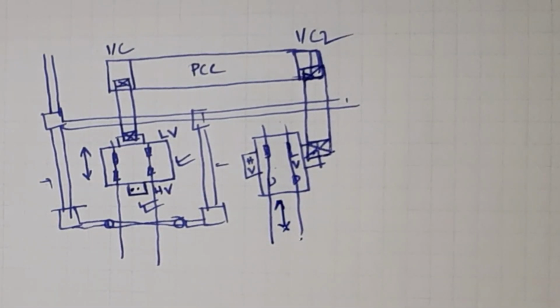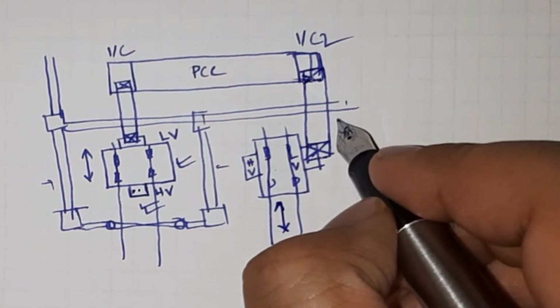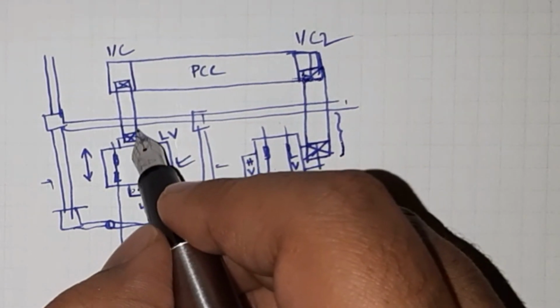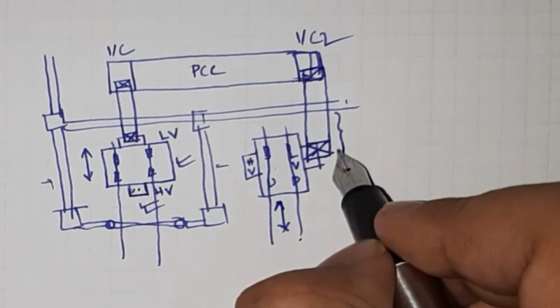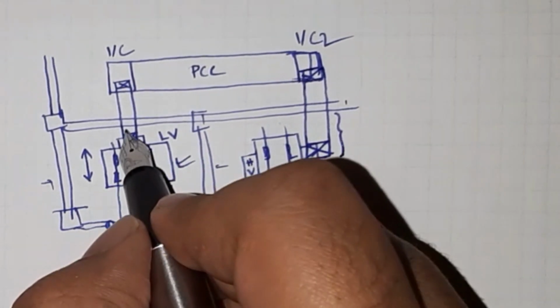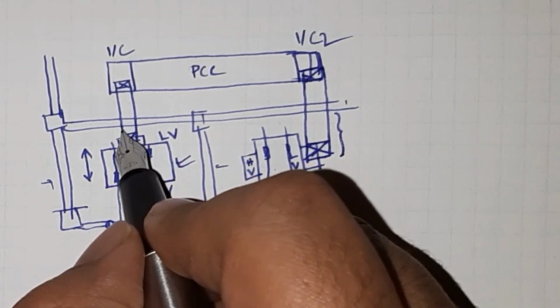But here you can see what the problem is: I had to give this amount of bus duct extra. Here the bus duct is of smaller length, and this portion of the bus duct is extra. And moreover, here I can take the wall support for the bus duct.